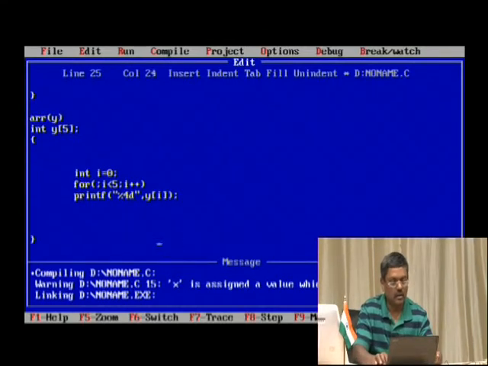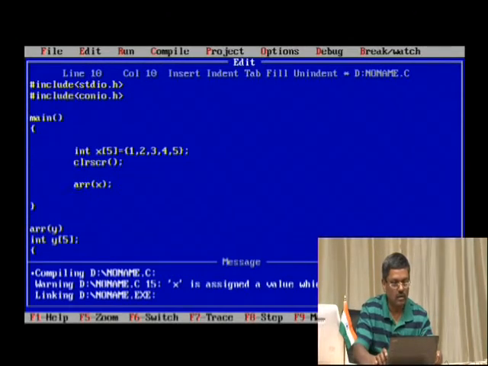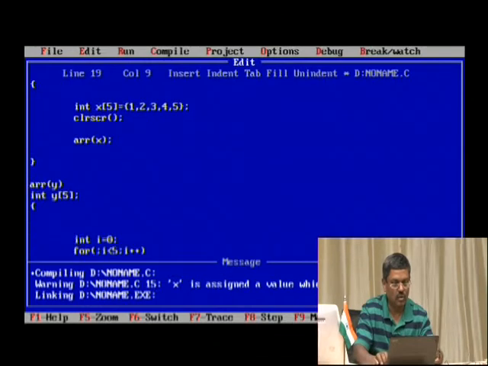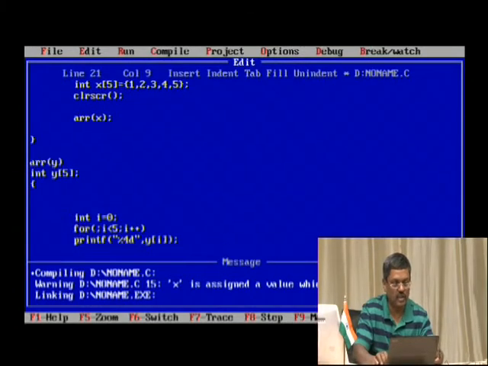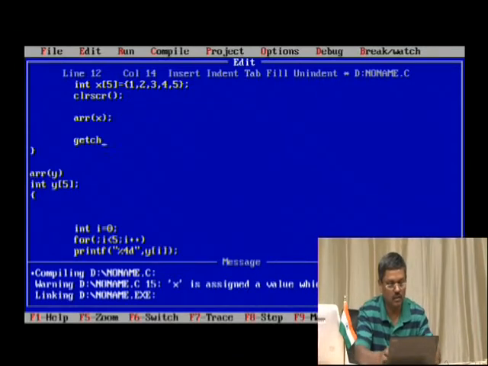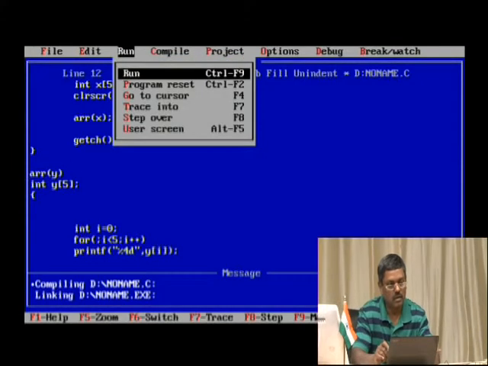so that's it. So that means whenever this array is being called, automatically the control will be returned to array y, and you know that it is integer. So inside that user defined function we are trying to print the values. So here I put getch, right. So let me compile this, right. You can see that the output is 1, 2, 3, 4, 5.